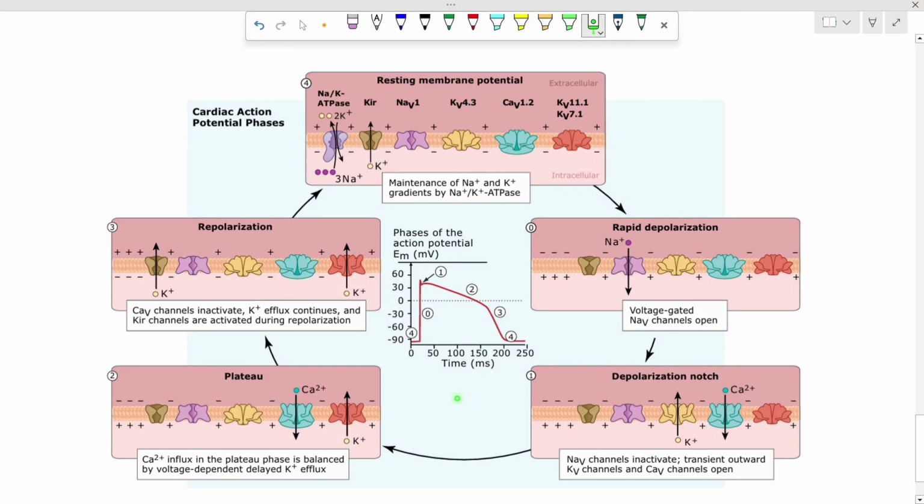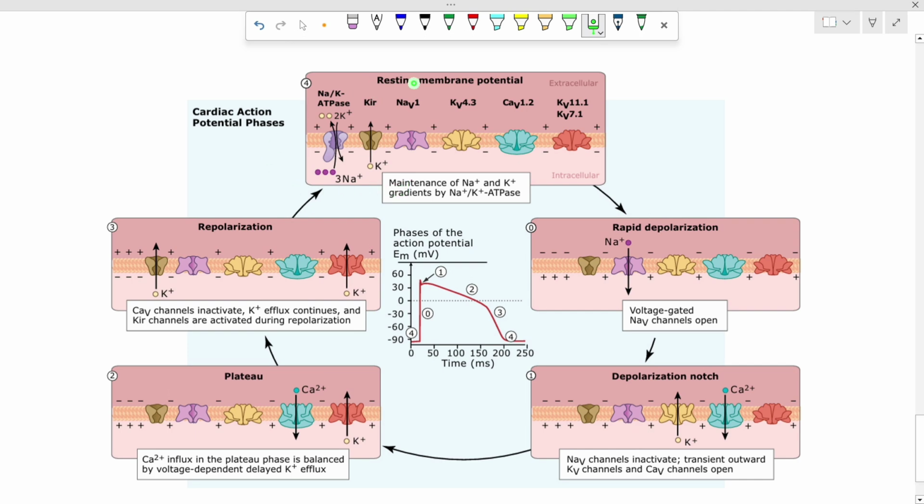Now let me explain these cardiac myocyte action potentials through this diagram. It will help you to understand more. So as you can see, this is the action potential of cardiac myocytes. There are 5 different phases of the action potential, from 0 to 4, and this is a cyclical form. So at first I will explain the resting membrane potential. As I have mentioned, the resting membrane potential is maintained by the sodium potassium pump and the potassium inward rectifier or leaky potassium